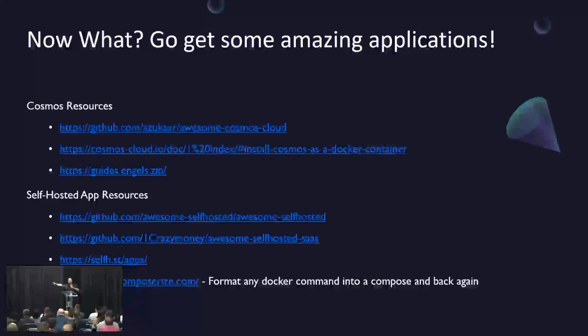Go get yourself some cool software. Read up on how to actually Dockerize things with things like Composerize, which will help you create compose files, which is what you use to build these things. Go on to GitHub, say awesome self-hosted GitHub. You will find a list that ends your mind about the possibilities of things you can now do